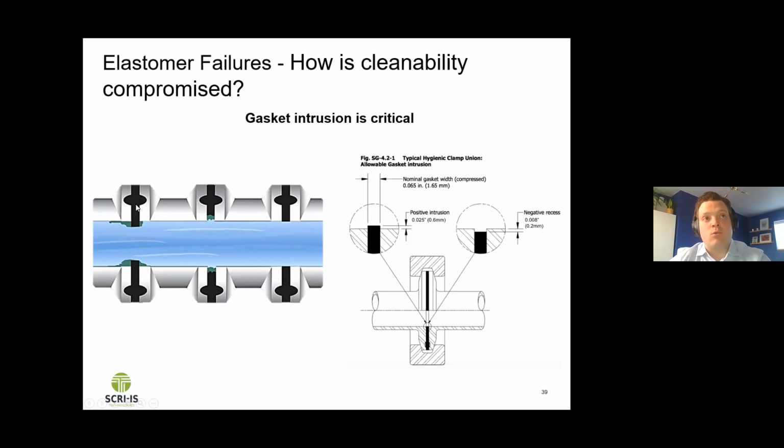Now, unfortunately, if I over compress a gasket in particular, I can actually have the worst of both worlds, because the gasket will start life off intruding, but then because it's sticking into the process flow, it will become eroded. And after that, you will create a recess. Ultimately, what we're looking for is this nice flush finish. If I look to the standards in ASME BPE, for example, I can see that the maximum intrusion I should have is 0.6 mil, and the maximum recess I should have is 0.2 mil. So I don't have a lot of room